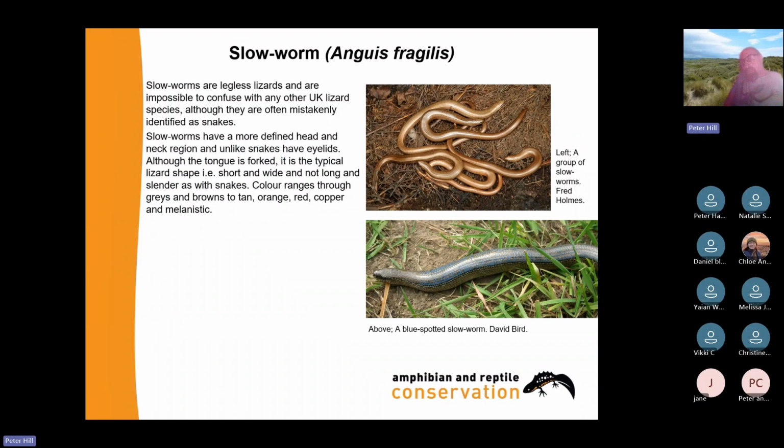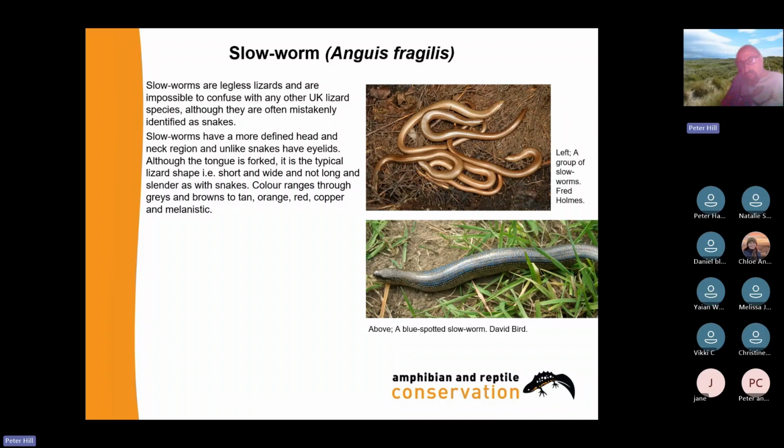They spend the vast majority of their time in the topsoil layer, the vegetation herb root layer, and that smooth, polished scalation they've got compared to the leg lizards, that makes them a kind of subterranean battering ram for forcing their way through, where they grab hold of things like leatherjackets, the larval stage of the daddy longlegs, cranefly, stuff like that, soft-bodied beetles and grubs, worms, small white slugs, slow-moving prey, not like the leg lizards, very slow-moving